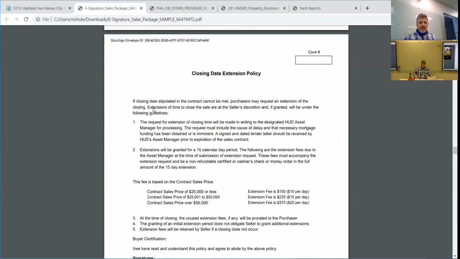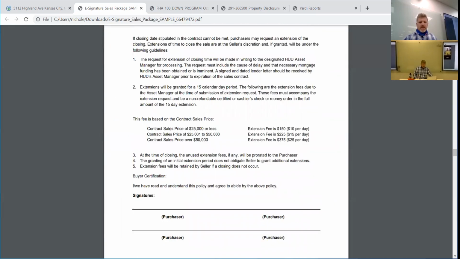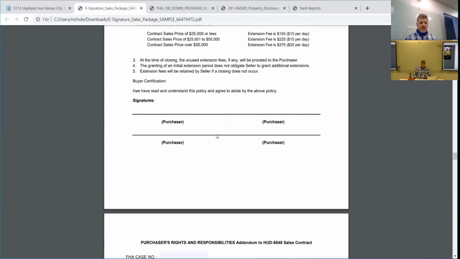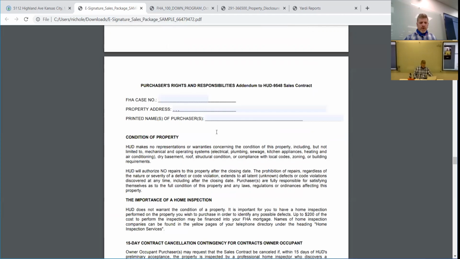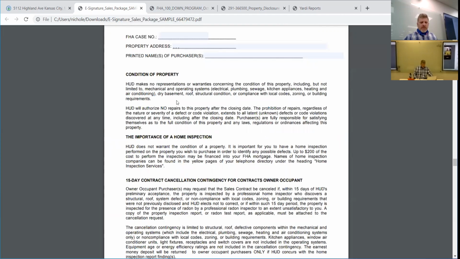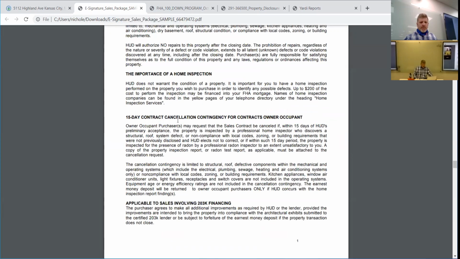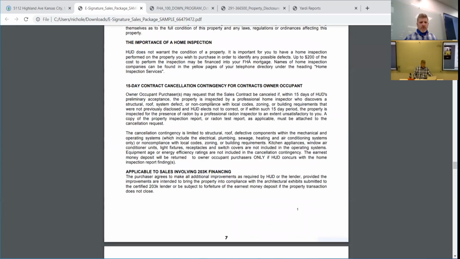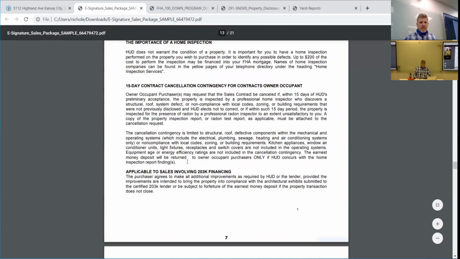Buyer understands everything that's there. Here again is the close date extension policy that they're going to sign off on, that if we have to extend it 15 days, here's what it's going to cost us. Purchaser's rights, it's your job to check on the property, get a home inspection, 15-day cancellation for owner occupants based